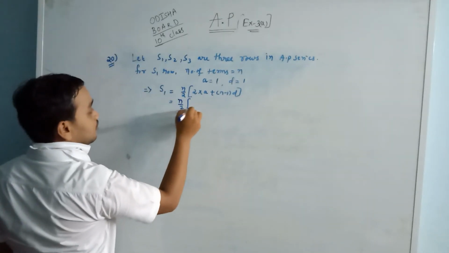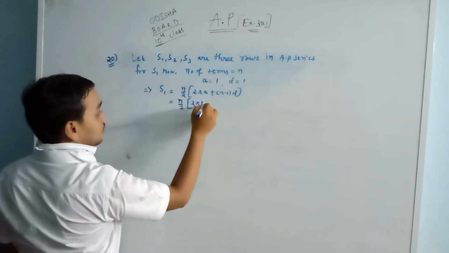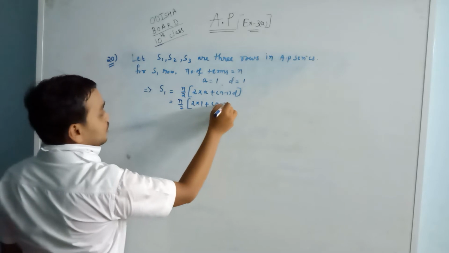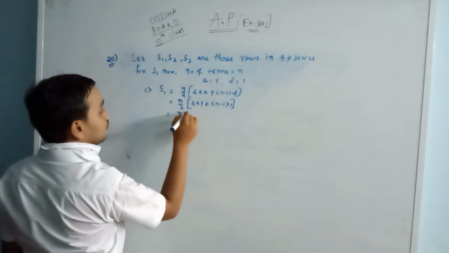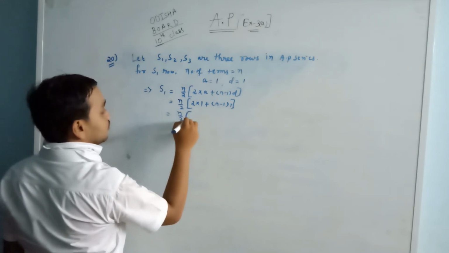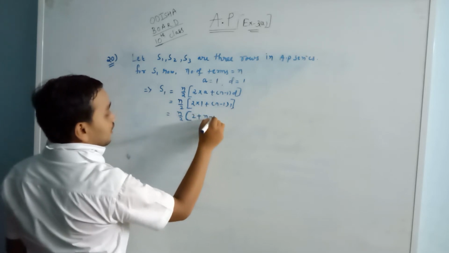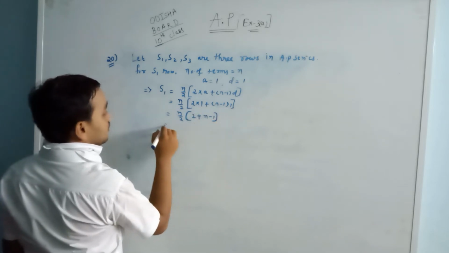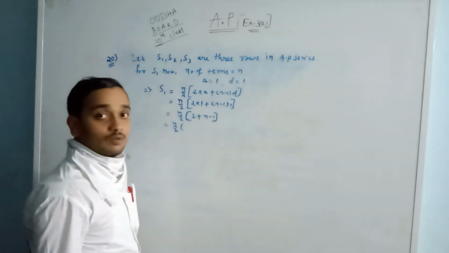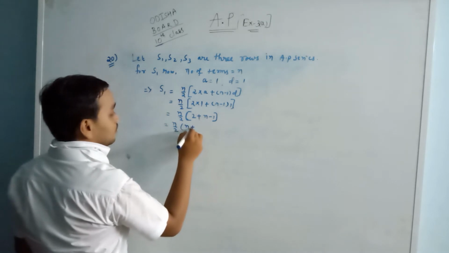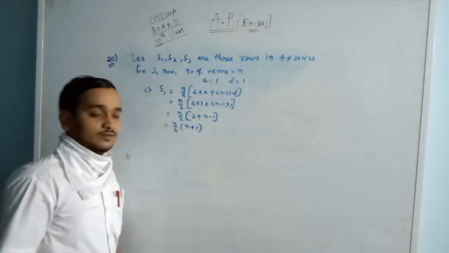n by 2 into A, how much? 1 plus n minus 1 into D, how much? 1. So n by 2 into 2 plus 2 into 1, 2 into n minus 1. That means n by 2 into n plus 1 plus n, 2 minus 1 plus 1. Okay, now